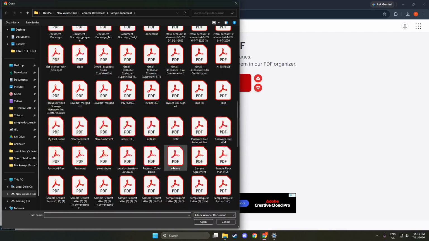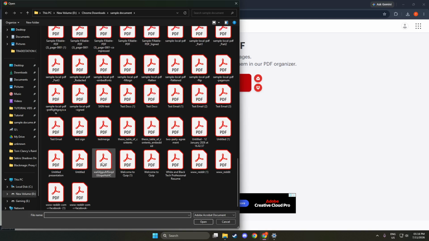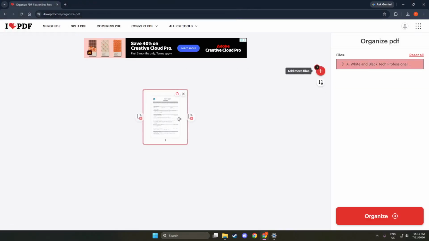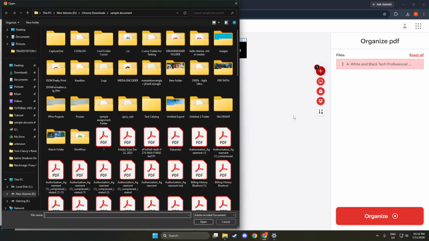Next, hover over the page where you want to insert a new page. This part of the process is intuitive. As you move your cursor over the pages, you will notice that the interface highlights them. This visual cue helps you identify exactly where the new page will be added. Ensuring you position the new page correctly is important because it keeps your document organized. This way, you can maintain the flow of information in your PDF.